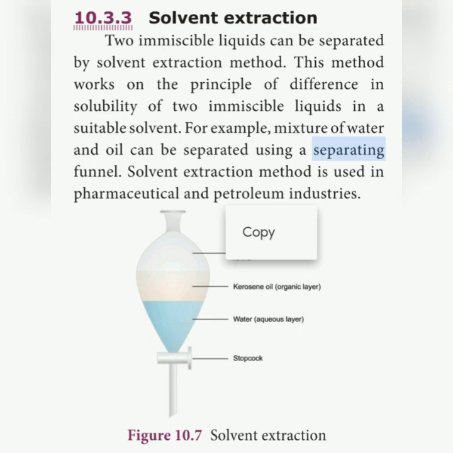That instrument we call a separating funnel. We first close the knob, that is, the stopcock, and then pour the mixture of oil and water at the top. Then, after shaking, we keep it aside for half an hour. The aqueous layer, that is the water layer, settles at the bottom, and the oil layer comes up because of density. Oil has low density compared to water, so oil forms the upper layer and water the lower layer. Opening the stopcock, we collect the water layer first and then close it. Then we take another vessel or beaker and remove the oily layer.